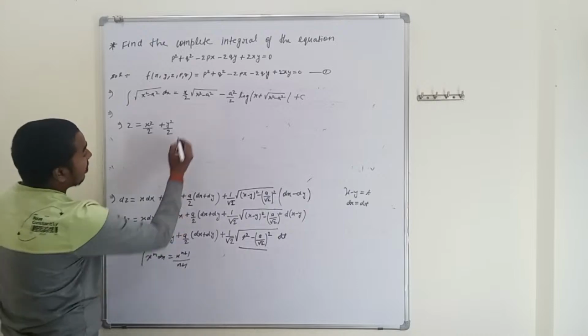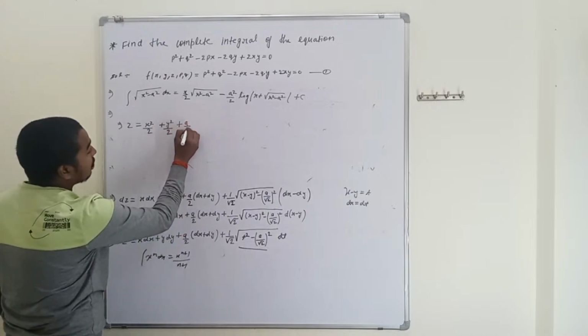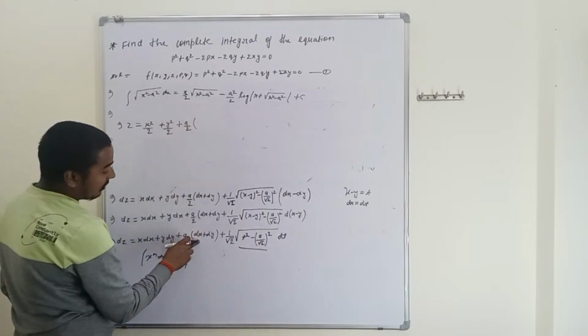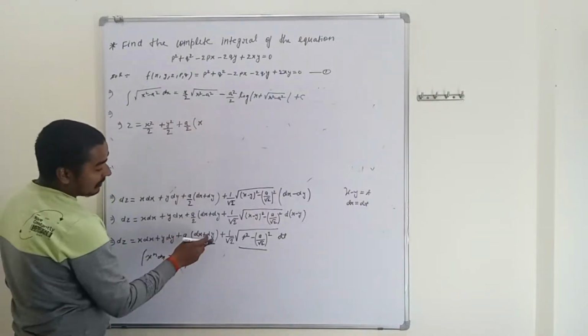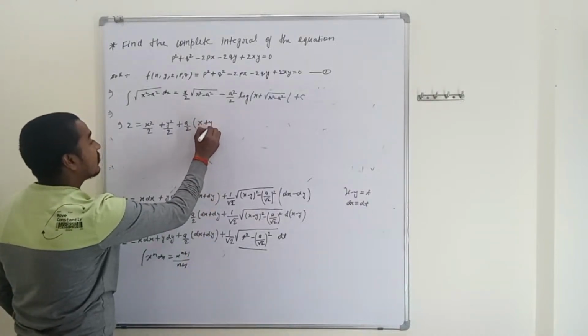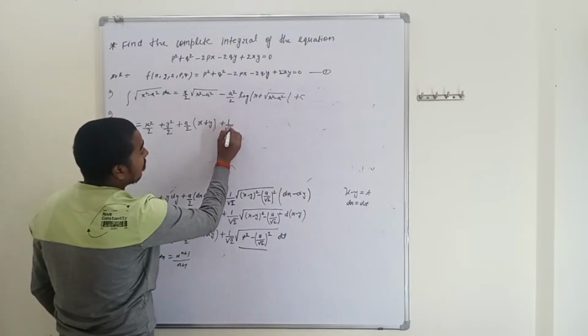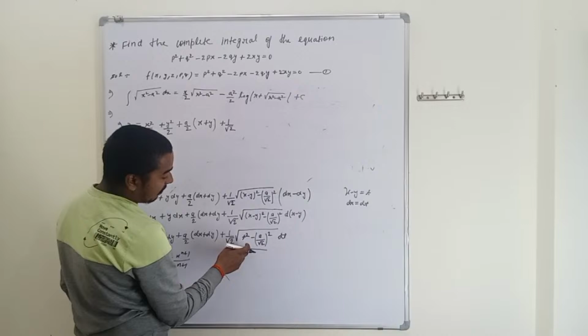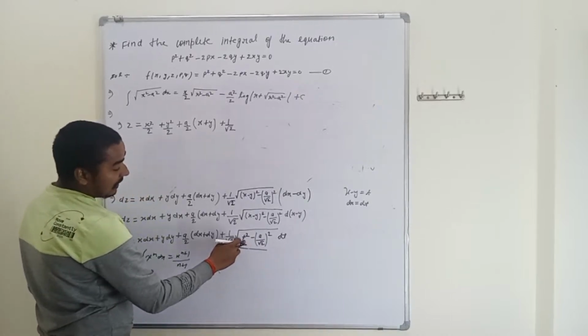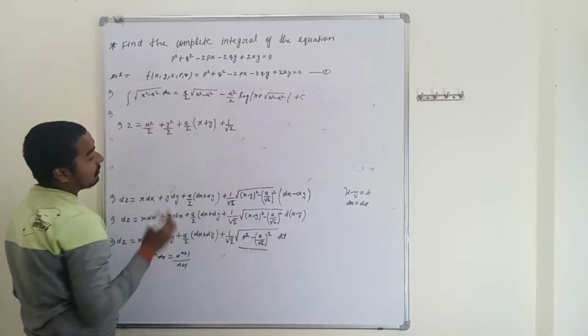Then a by 2 and integration of dx is x, and integration of dy is y. Further 1 by root 2, and using the formula for under root of x square minus a square in the above formula,